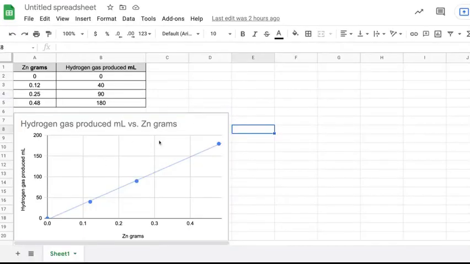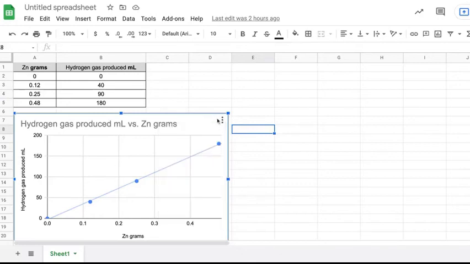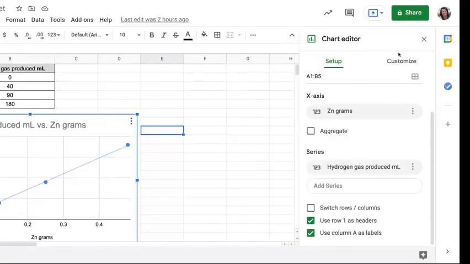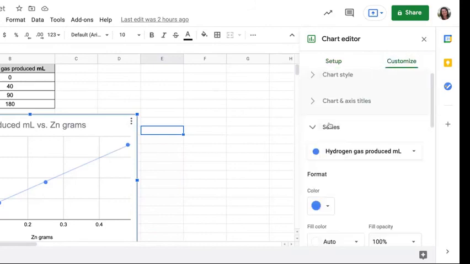Once your data is on a graph, Google Sheets will just give you the slope. You just have to know how to do it. So you go to Edit Chart. So these, again, click on the graph. These 3 little dots show up, Edit Chart, and then you will click on Customize. And then from there, you'll go to Series,